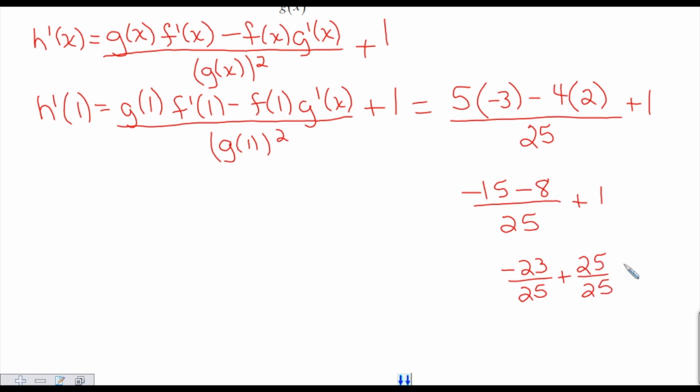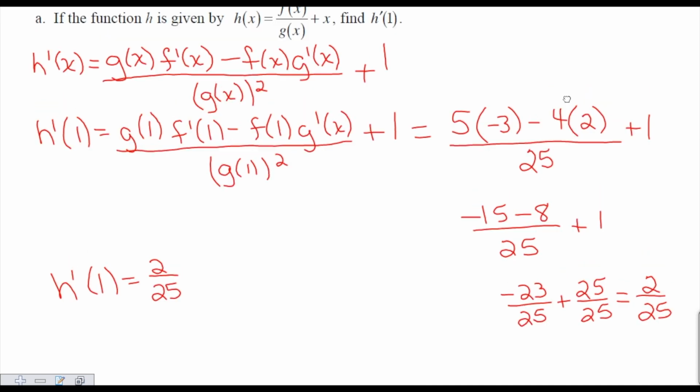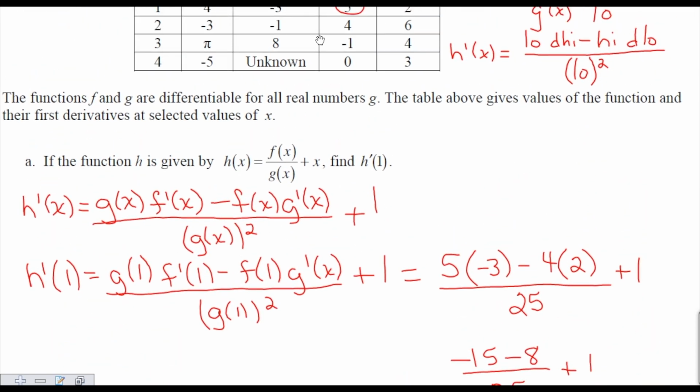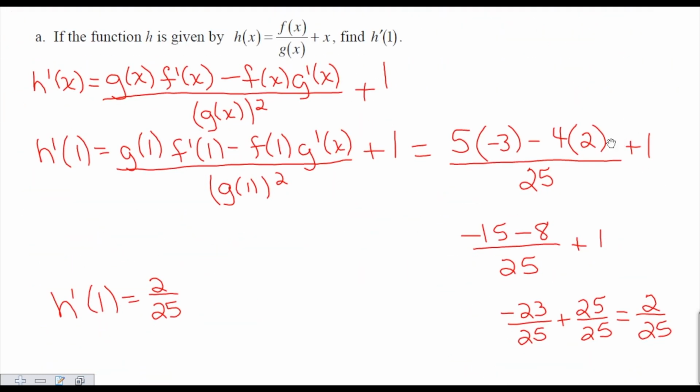Which is, that's my magic wand, I always have to do that for myself, which is 2 over 25. So h prime of 1 is 2 over 25. And so the big thing about using a chart like we started with, it's all about to make sure that you do the symbolic part right, and that you just pull the right numbers from the table. Okay? Final answer 2